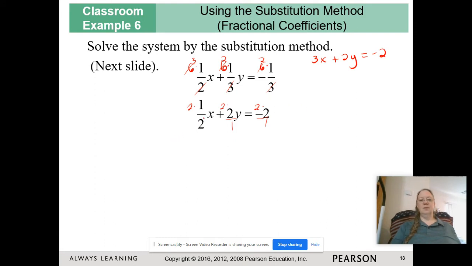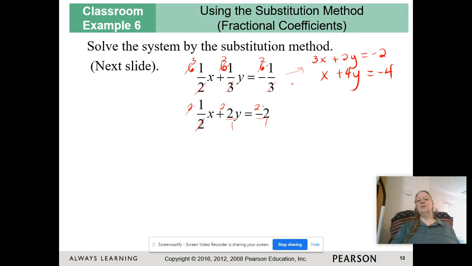Okay, divide by the bottom. All right, so rather than working with all these fractions, this is the system that we're going to work with,